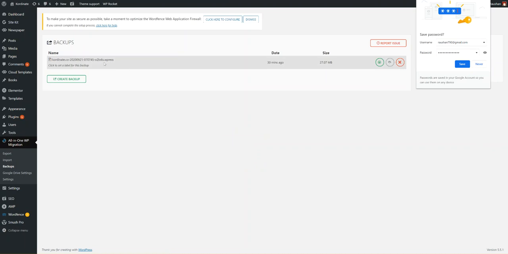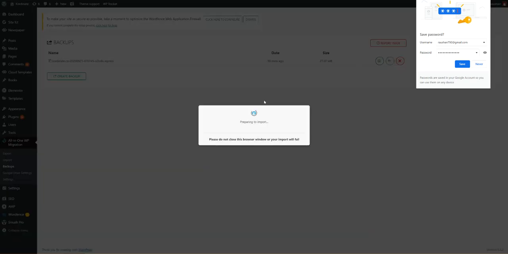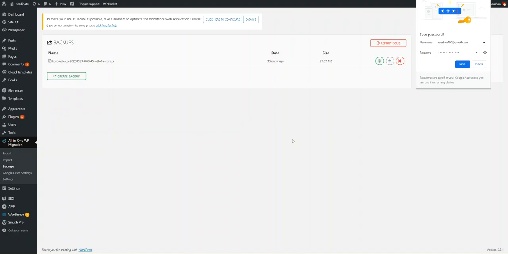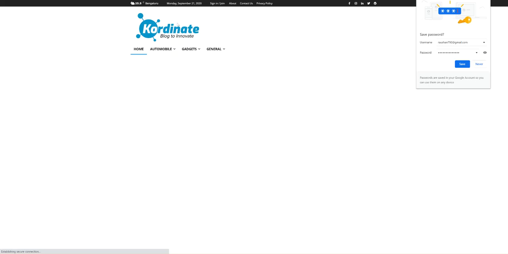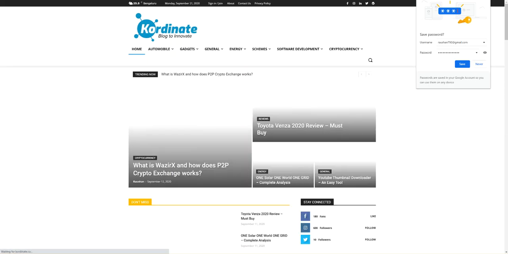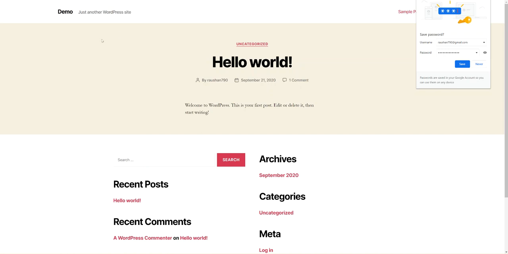See, this is the first backup which I took after installing the default WordPress instance. So now if you want to revert back, you can simply click the restore button over here. What it will do is revert my site to the initial version, the first default version. As this backup was only 27 MB, it will take hardly 2 minutes. So this plugin is very useful. See, let me show you the site. See, it has become the default site now.